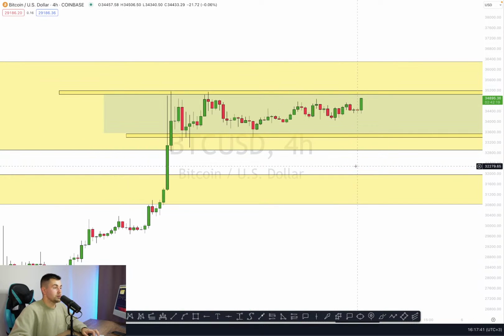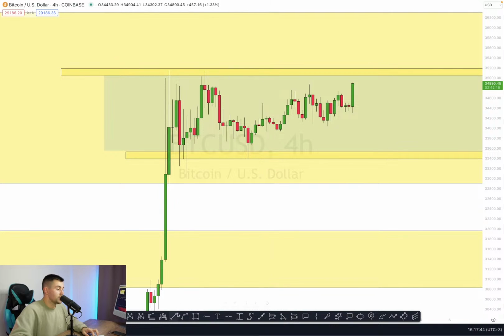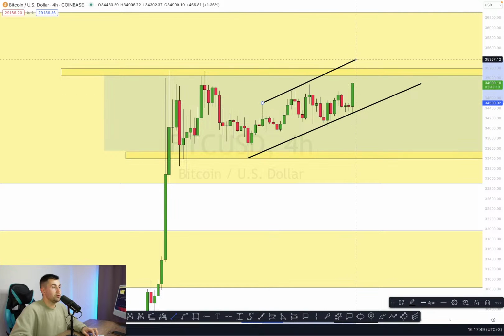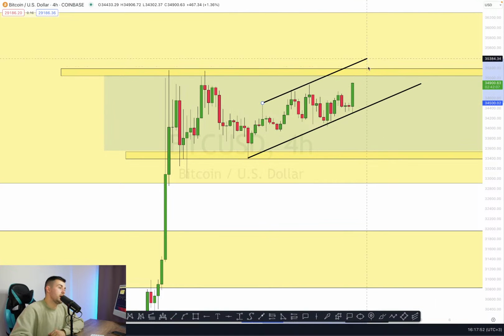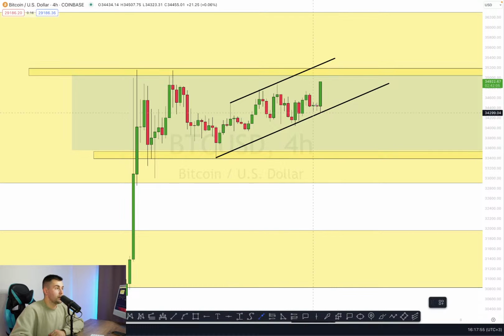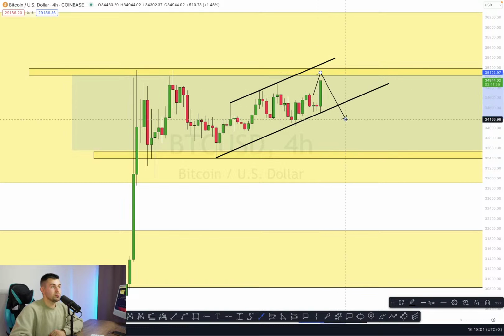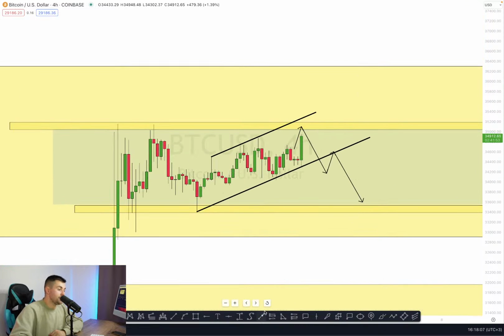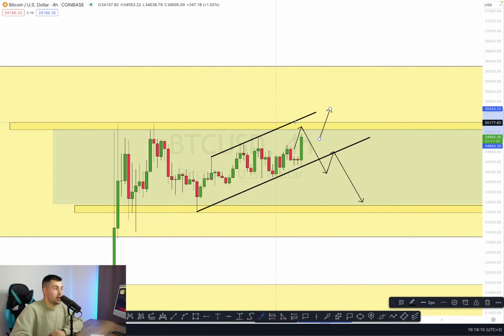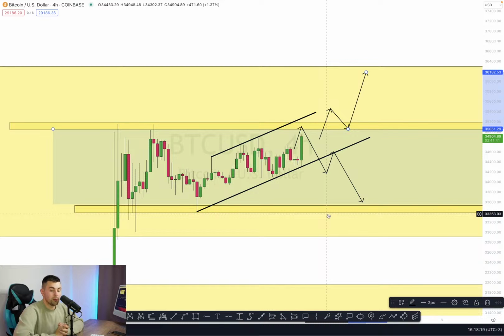And what else can we spot here? On a 4-hour time frame, we can spot, I guess, yeah, the channel. So monitor that rising channel. Most likely, we're going to see a test of that resistance, and then if the price violates the support of the channel, it can push prices lower to that support. At the same time, a bullish breakout of that resistance can push prices higher to the upper boundary of our weekly resistance. So these are the scenarios for you to watch on Bitcoin for now.